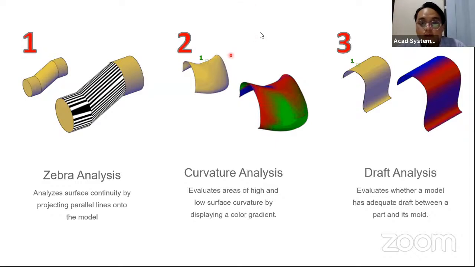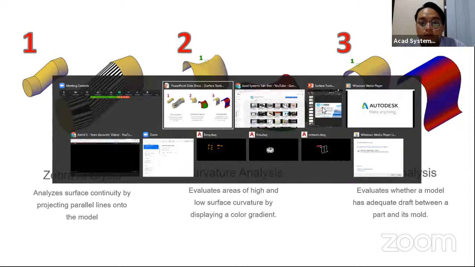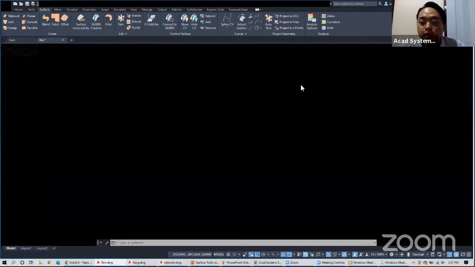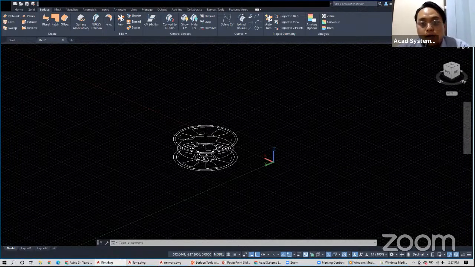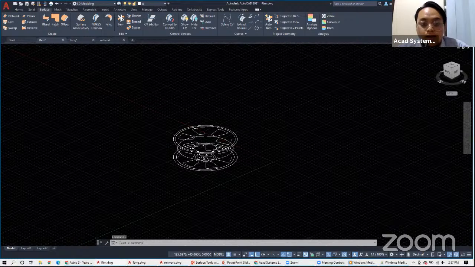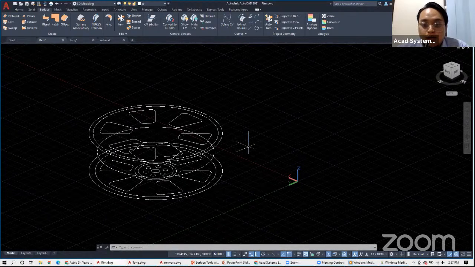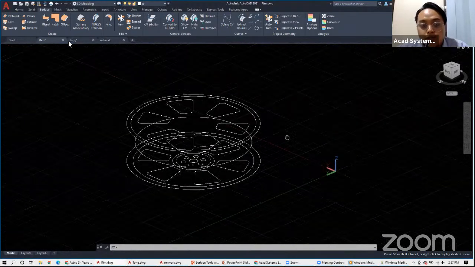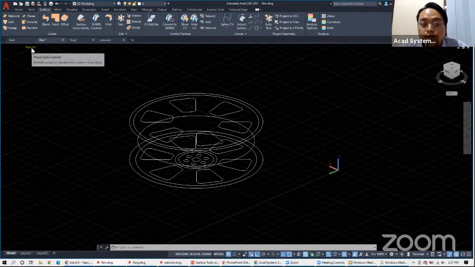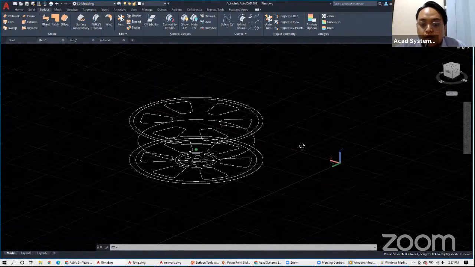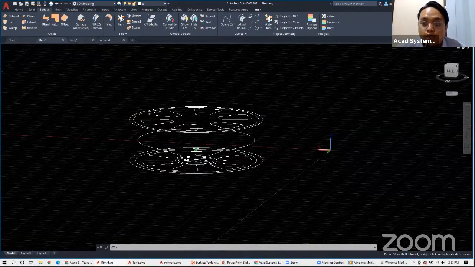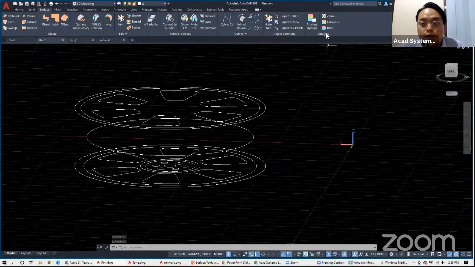Now we'll go to the drawing. Right now, on my screen is the drawing of a sport rim. I set up this drawing in advance. As you can see here, I am using the realistic style control, and I have already set the elevation of each part. What I'm going to do now is